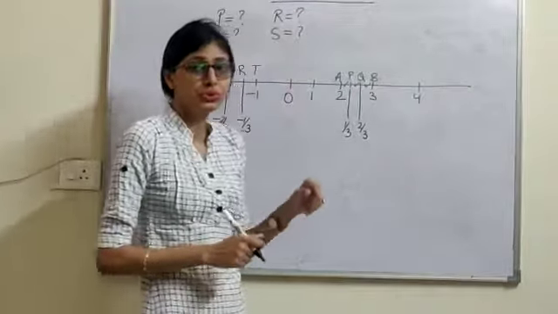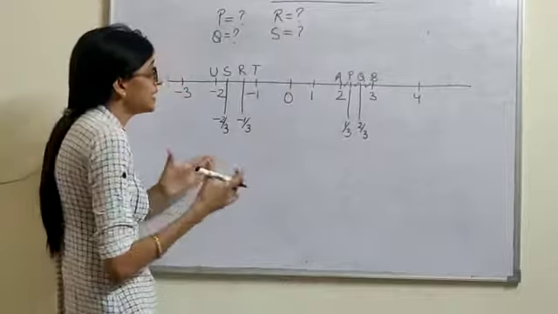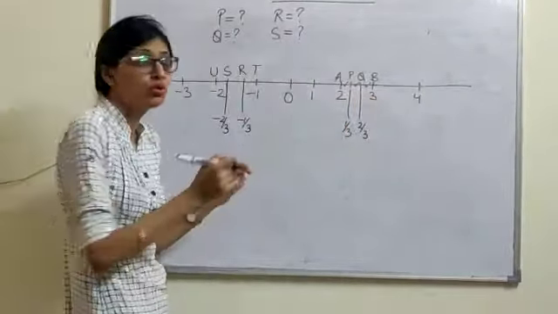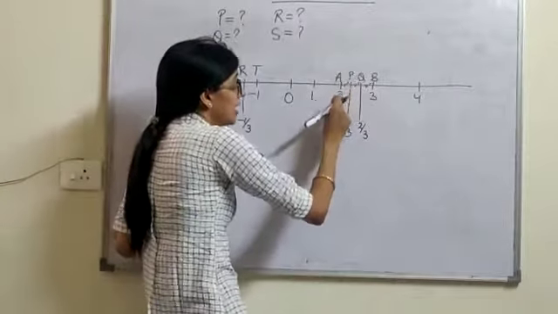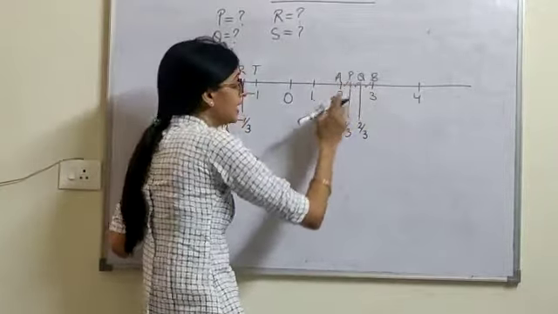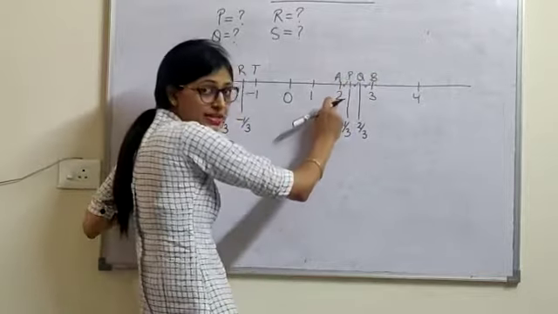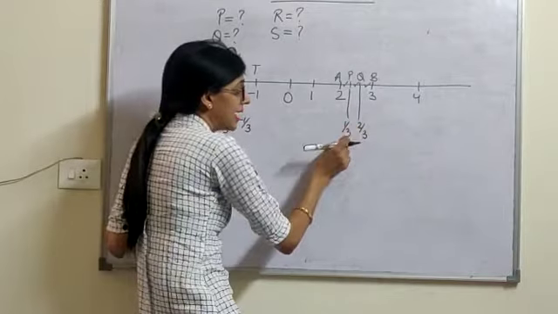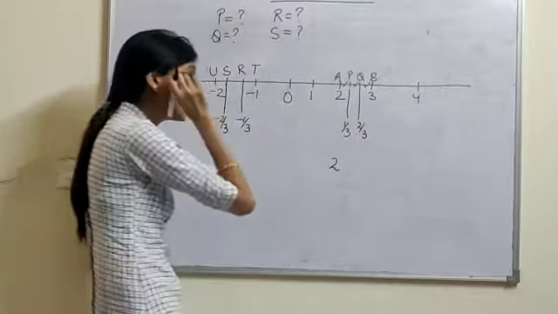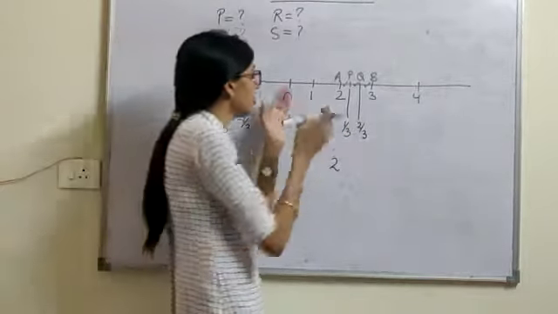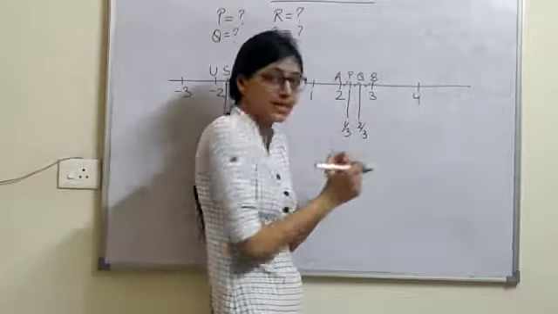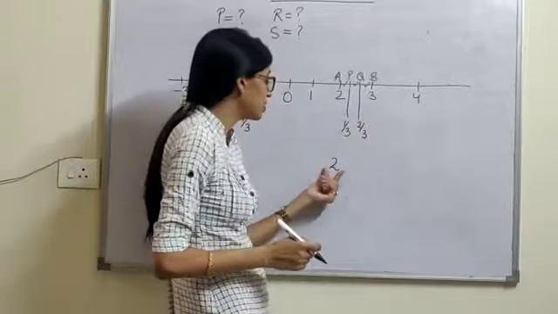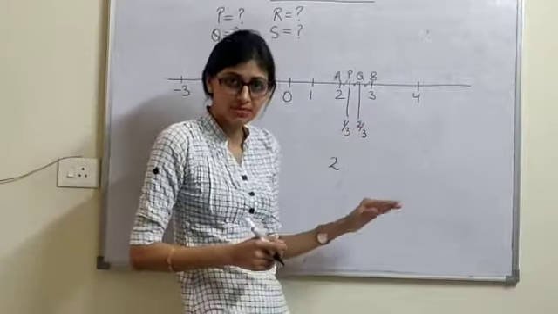Now what you have to do, as these are improper fractions, it is the right hand side, so whatever number is given here, I have to add this number into it. Why I have to add? Because first of all, it is the right hand side. All the integers are positive. So for getting a positive integer, I have to add something.